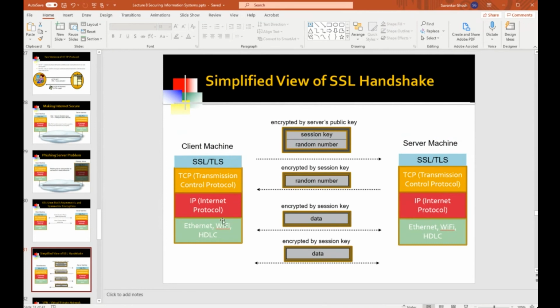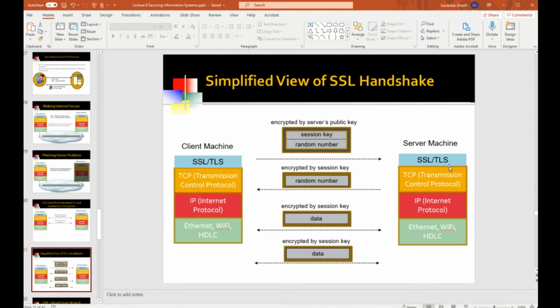The session key is typically generated at the client machine. There are some other variations where it might be generated at the server machine, but just giving you the basic simplified version, the session key by which all the packets transmitted during data transfer will be encrypted is generated by the client machine, and it's securely sent to the server machine.